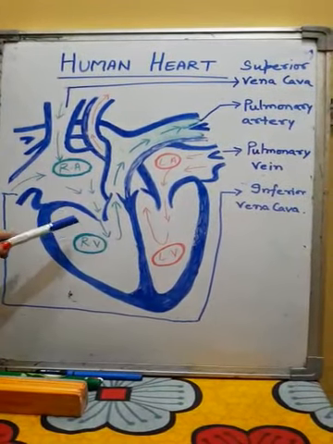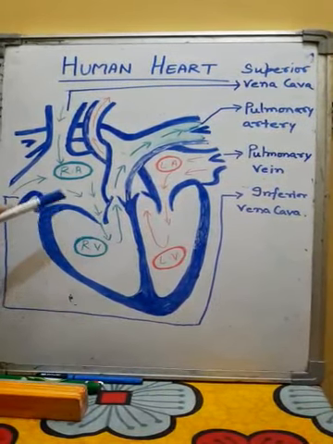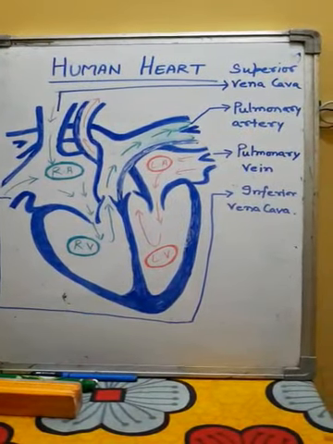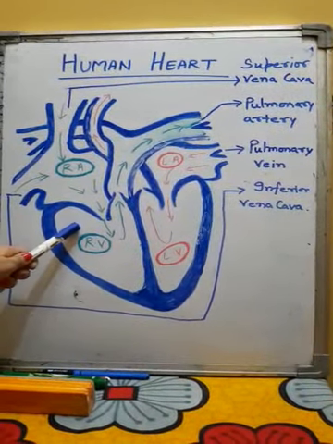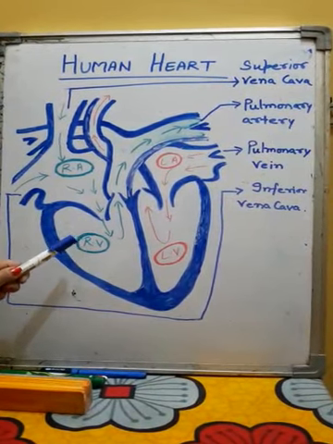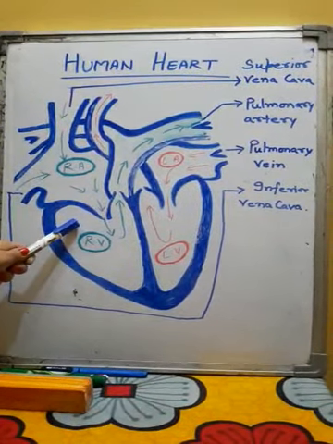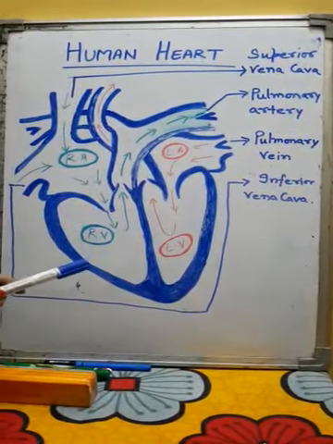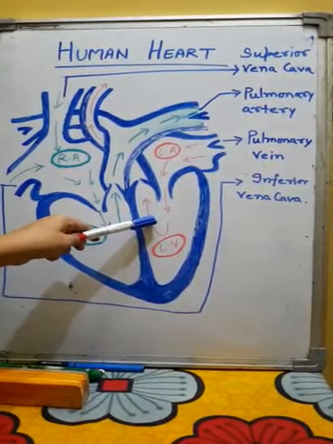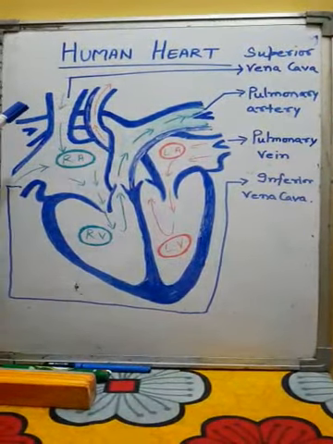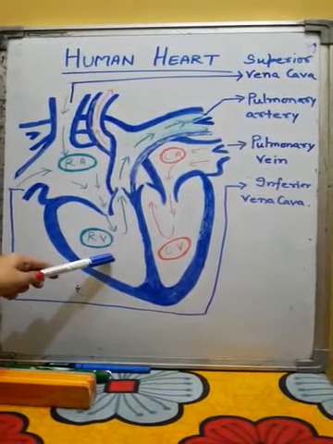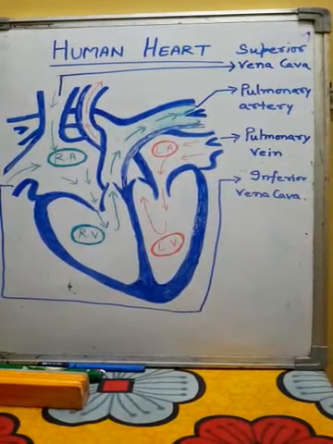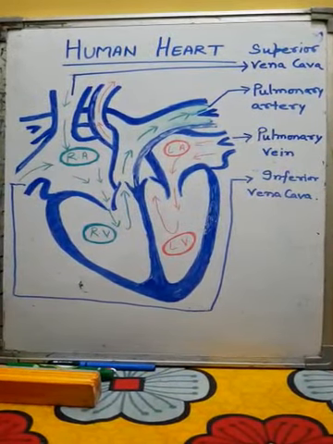Now the ventricles expand to receive blood from the atria. It causes ventricular diastole. Means ventricles expand, ventricular diastole. Finally, the distended ventricles contract now to pass blood, from the left ventricle to the aorta and from the right ventricle to the pulmonary artery. This contraction is called ventricular systole.